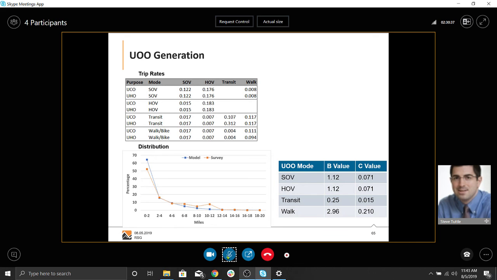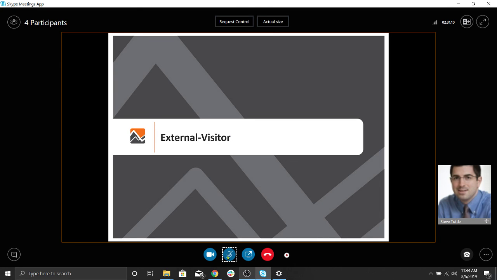Then we also, again, fit a gravity model to the generation results shown at the bottom of the slide. And again, considering some of the caveats, the model and survey results generally agree reasonably well. It's not perfect, but they agree reasonably well. Okay, so this brings